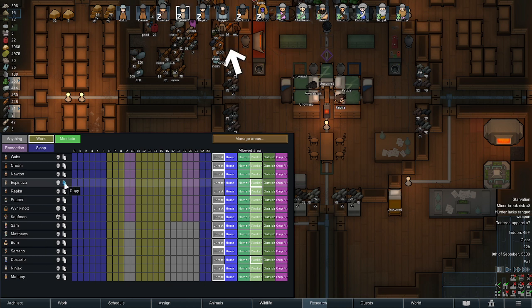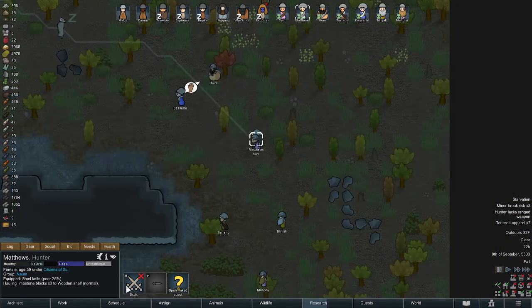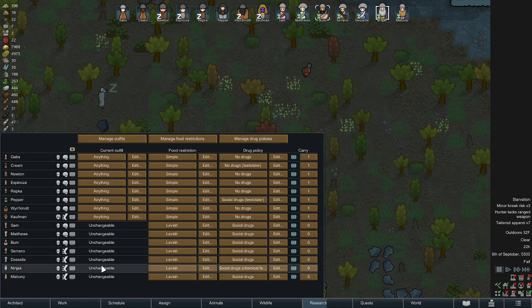Actually, can I? Paste. Thought I could do something like that, but I guess I can't. There we go. Okay. And finally, let's do that. Where's my key? I think we can do that here. Oh, no, he's